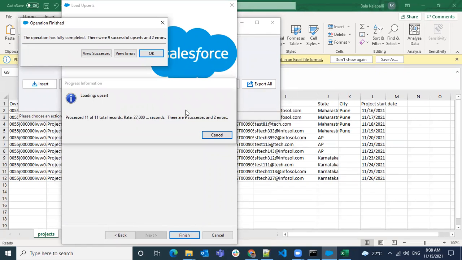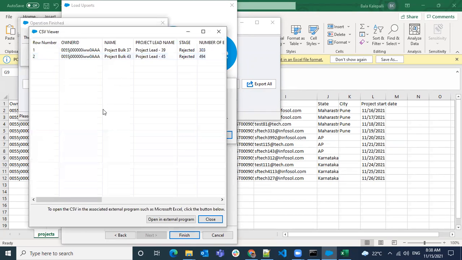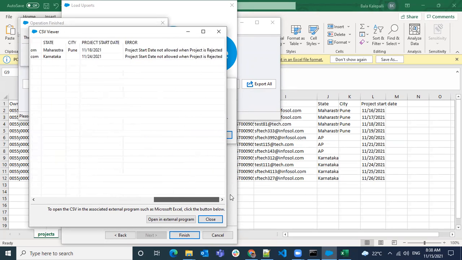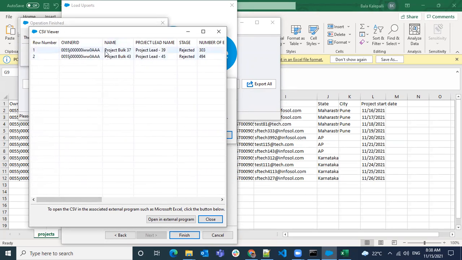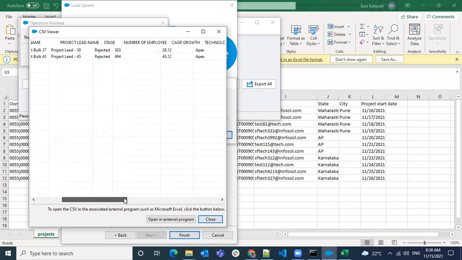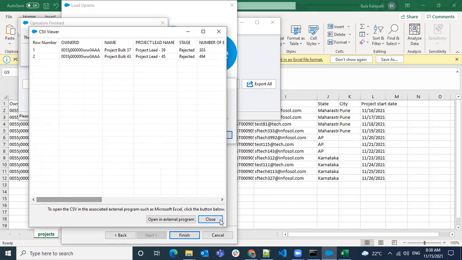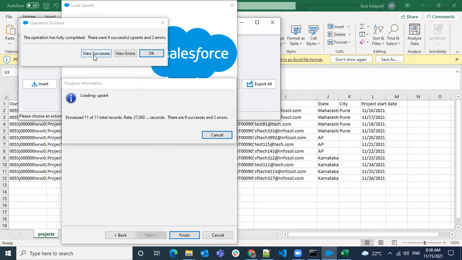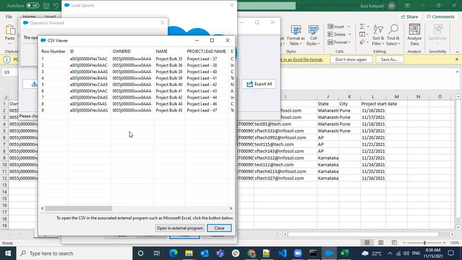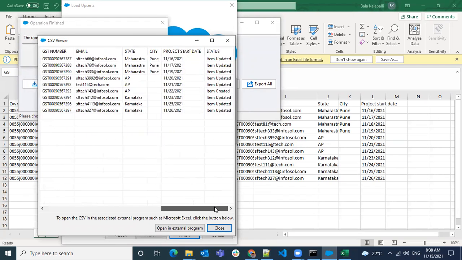So they are saying 9 are success, 2 are errors. Let's see what all the errors are. The error was: when a project is rejected, you are not allowed to give a project start date. That's why it got rejected. Okay, fine. So that is also a validation rule we have. Okay, so now what are the successes we see?